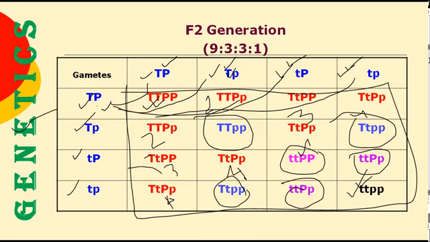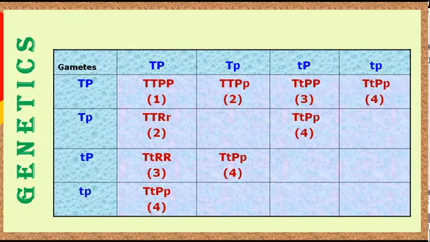What are the results? 9:3:3:1. How? This is the chart. These 9 plants are, count it, 1 2 3 4, 4 genotypes. The second has 2 copies, one in the first row, another in the first column. The third also has 2 copies, one in the first column, another in the first row, and the fourth has 4 copies. So the 1:2:2:4 ratio will be that of the 4 genotypes causing expression of tall and purple.